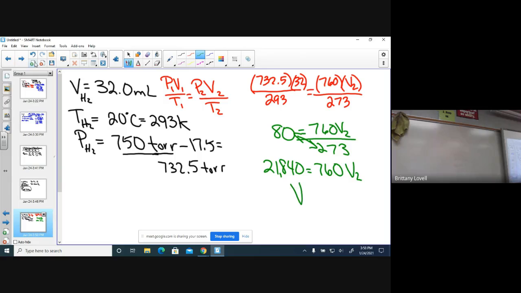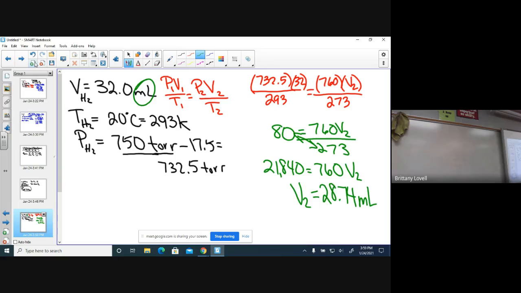Okay. So my new volume of this gas under new conditions is around 28.74. How many did we start with? Did we start with 3 digits? Anyways, but what's the unit going to be? Well, you go back and you look, what was our unit in the original? It was milliliters, right? Okay. So, and then you need to ask yourself, all right,